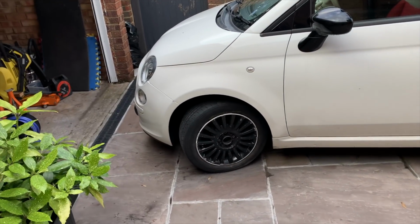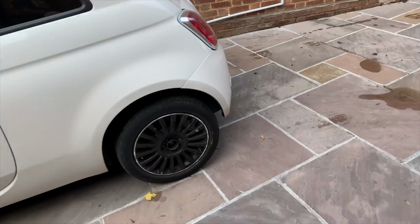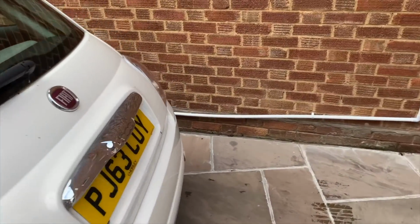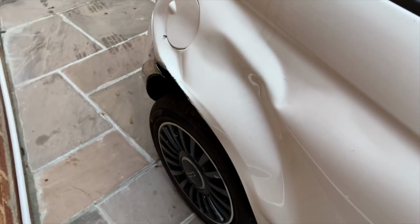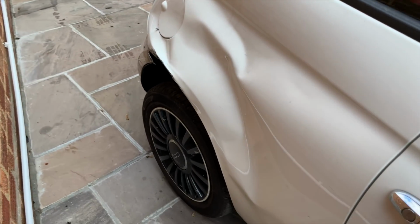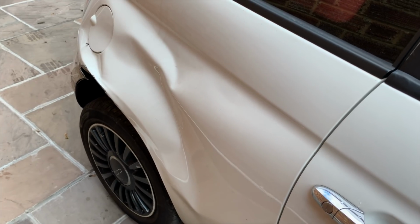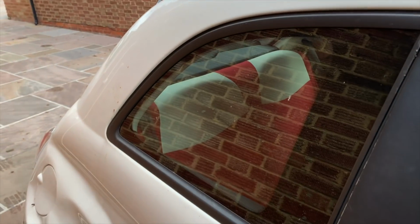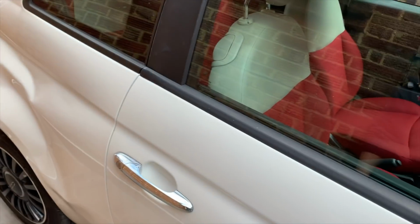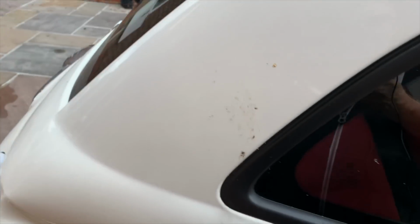I haven't been to a body shop about it yet, but from some of the comments that your good selves have made on the previous video, and looking at this damage, I'm now thinking possibly that it ain't worth repairing. From what some of the comments said, it might be better to get a whole new quarter panel. Yeah, I can pick up a quarter panel for 120 quid, less than that even,